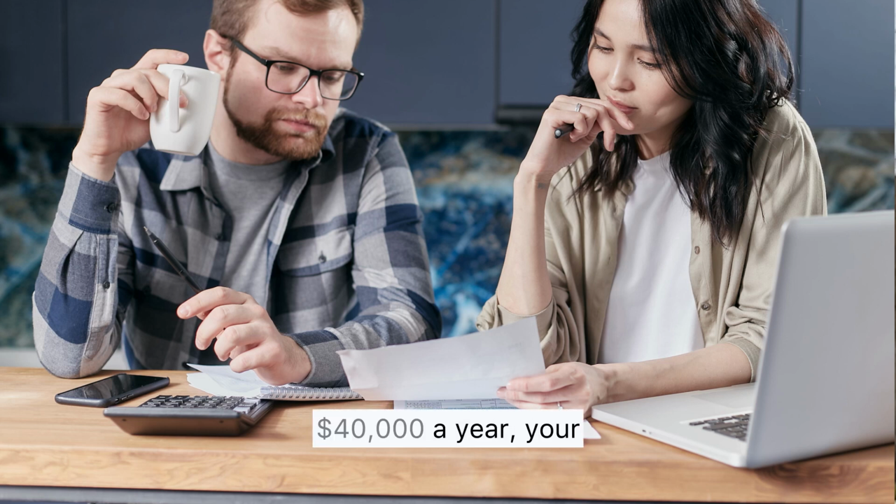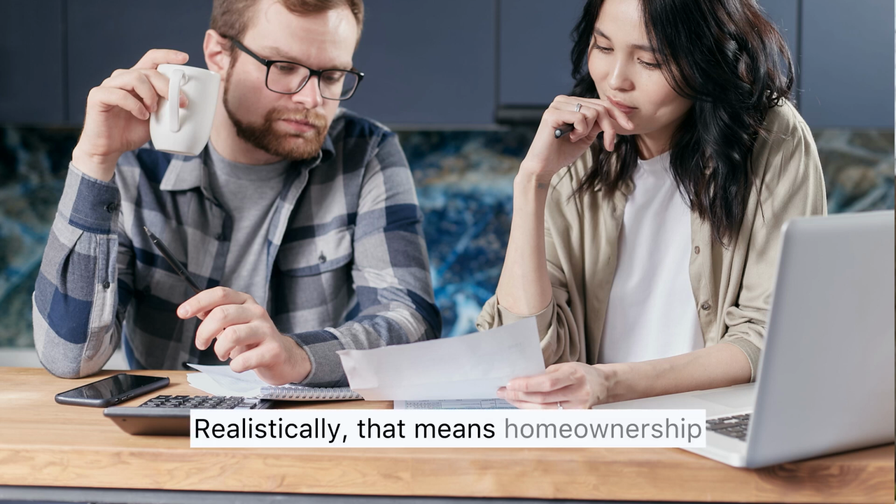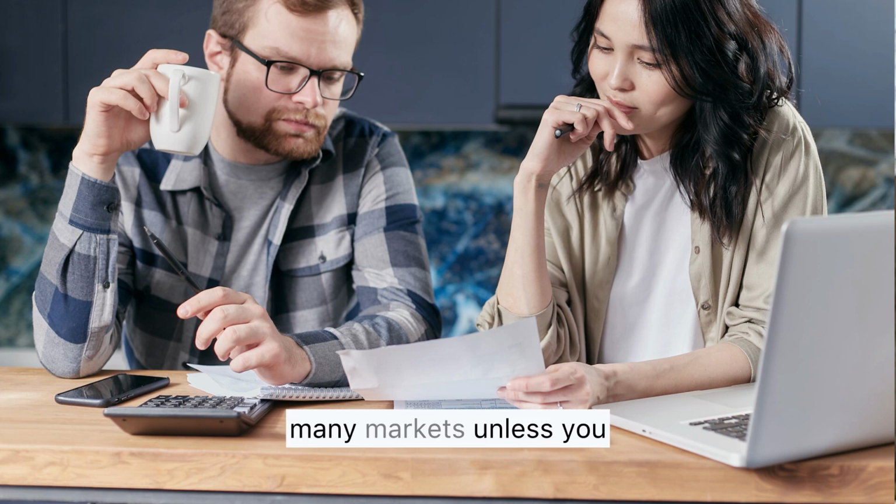First, if you make $40,000 a year, your gross monthly income is roughly $3,333. Using the classic 28% housing rule, your maximum monthly housing payment should be around $933. That includes mortgage, taxes, insurance, and any HOA fees. Realistically, that means homeownership may be tough in many markets unless you have a substantial down payment, low taxes, or you're buying in a lower cost area. For a lot of people at this income, renting below their means while building savings might actually be the stronger